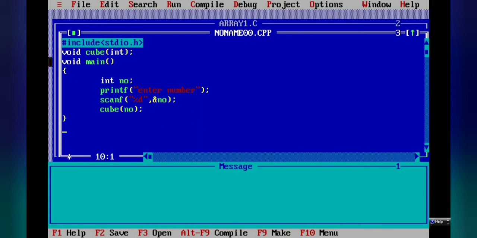Now we will define our cube function. Whatever function we want to use in our program, its function definition we write here. So first we write the void return data type, then our function name cube, and now the parameter we pass here is known as a formal parameter.